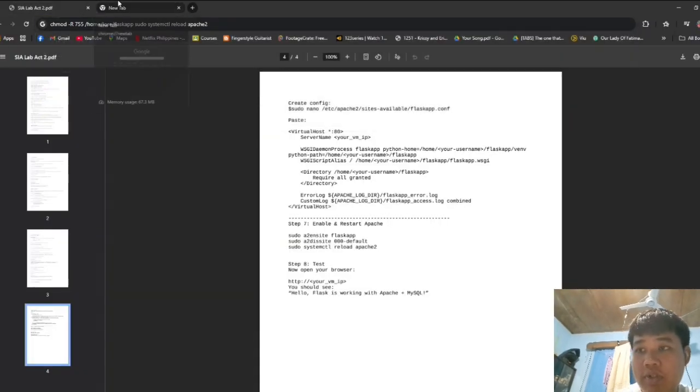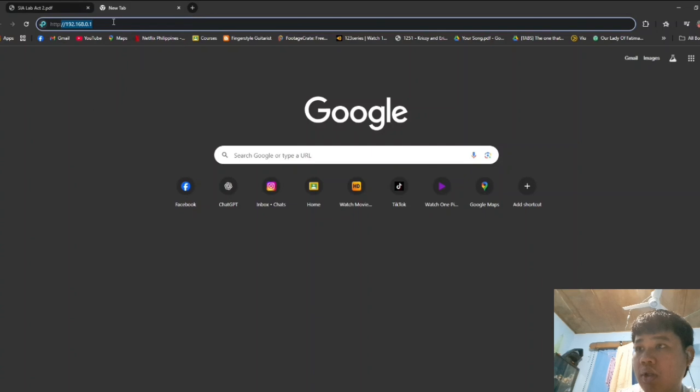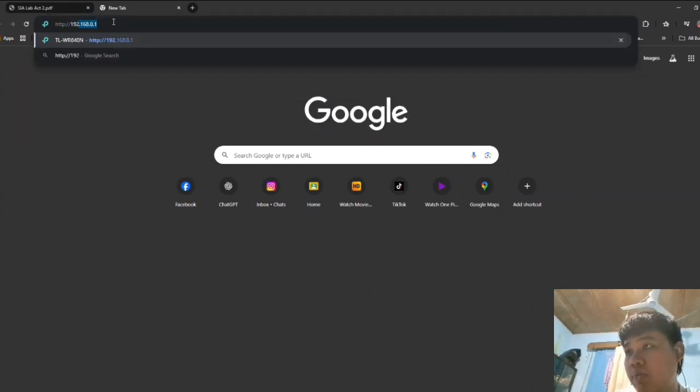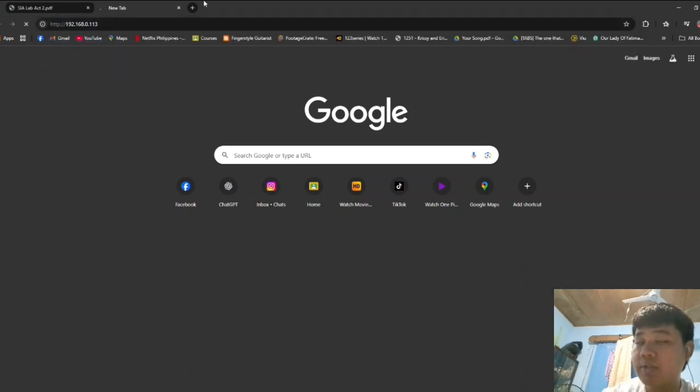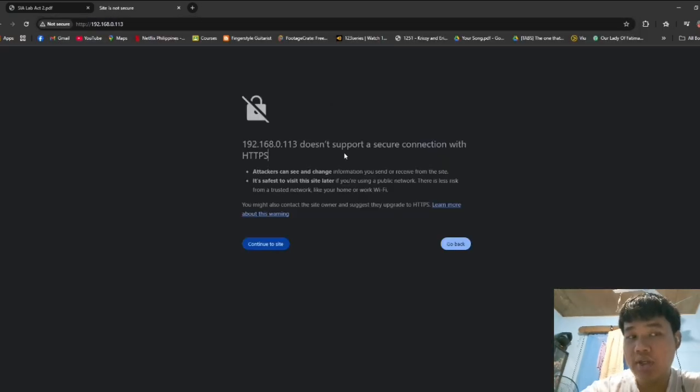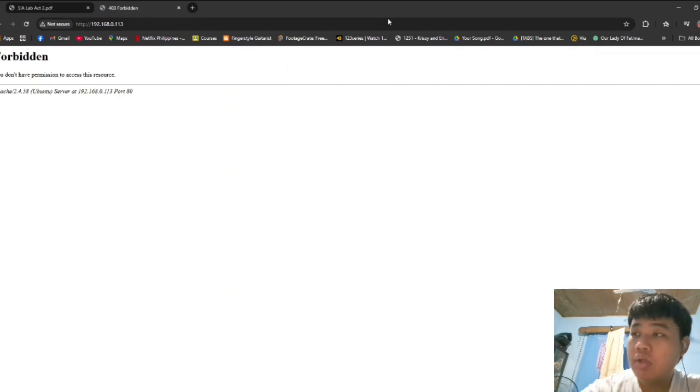We will open the browser, then here on our new tab we will just type http, then our IP address. We have to click continue to site, and after we click continue, as we can see, it is forbidden.